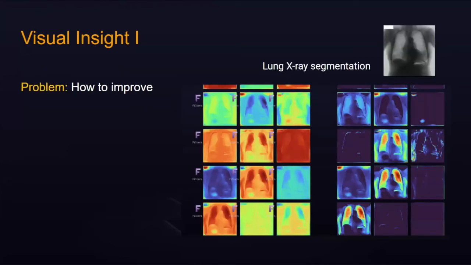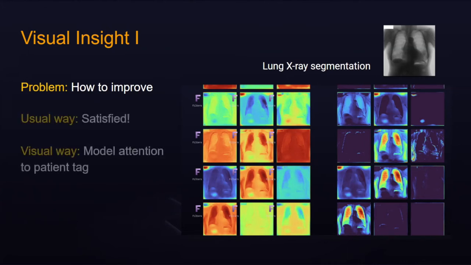And here is one of the experiences that we had, as Patrick discussed a little bit. We had a model to segment lungs from X-ray images, and we had state-of-the-art results. So we were happy with our results, but then we were curious to see inside the network. When we had the network and the data